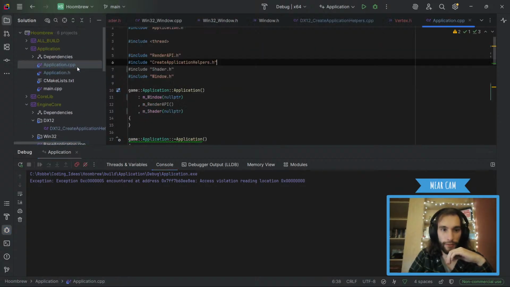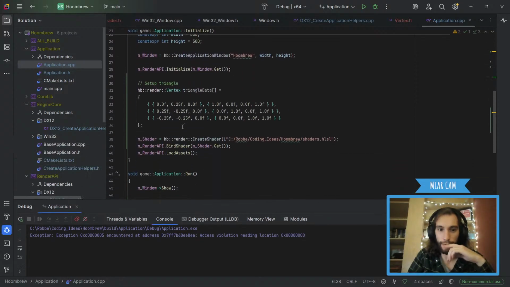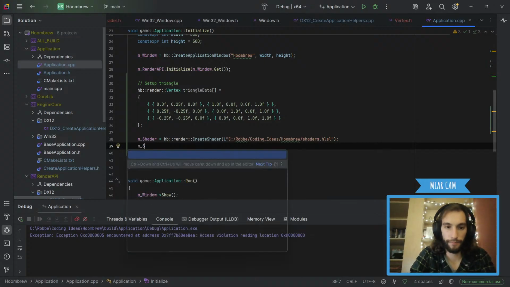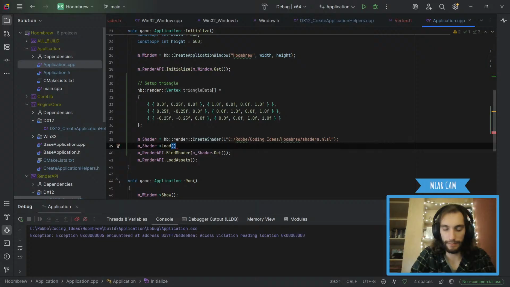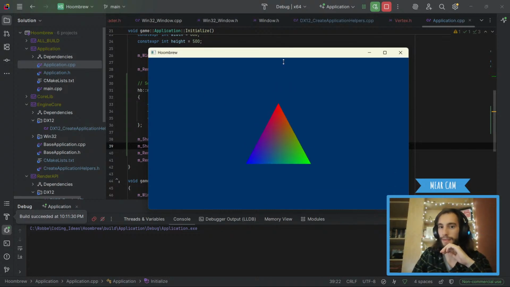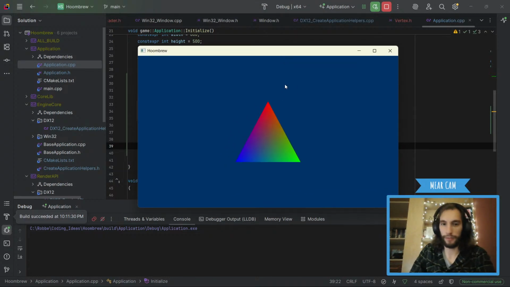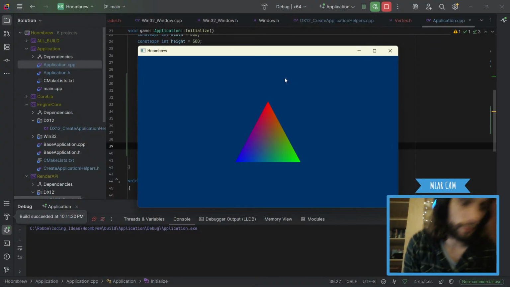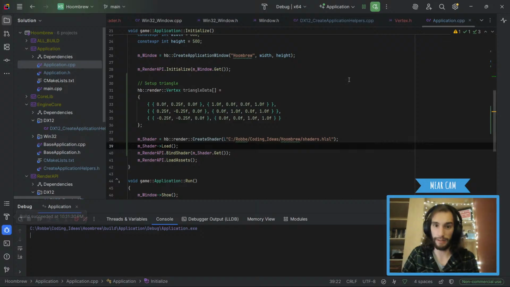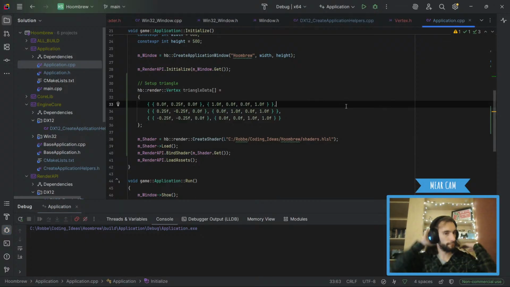So, application, small fix, really easy fix. You know how I just made a shader here now? We also need to load the shader. There we go. Now it should work. The stupid mistakes we make sometimes. Yes, okay. So we got this now, but we got it with a shader class. Even though it's basic, and I still need to figure out how to do it for multiple shaders at one time. Because what if we have two different things with different shaders? Yeah, right. Nobody knows yet.